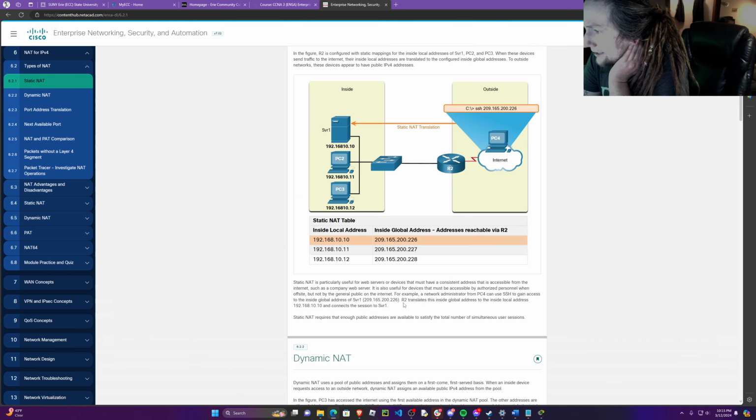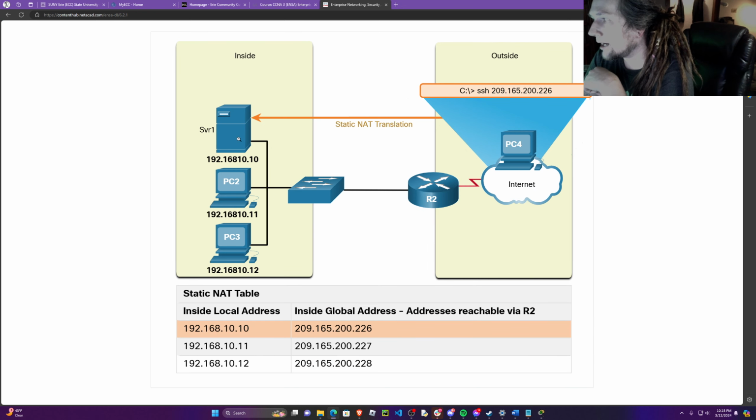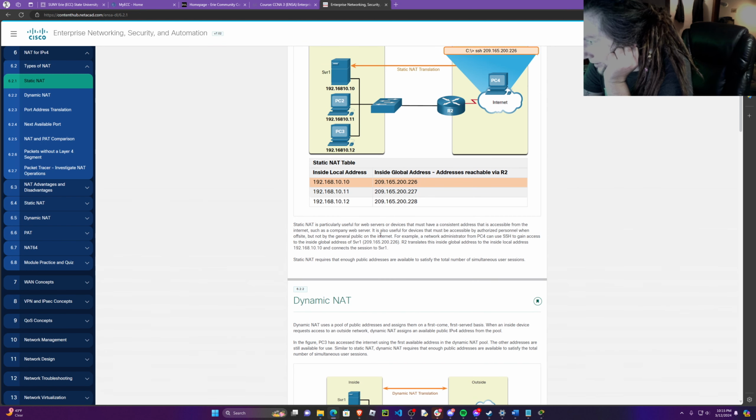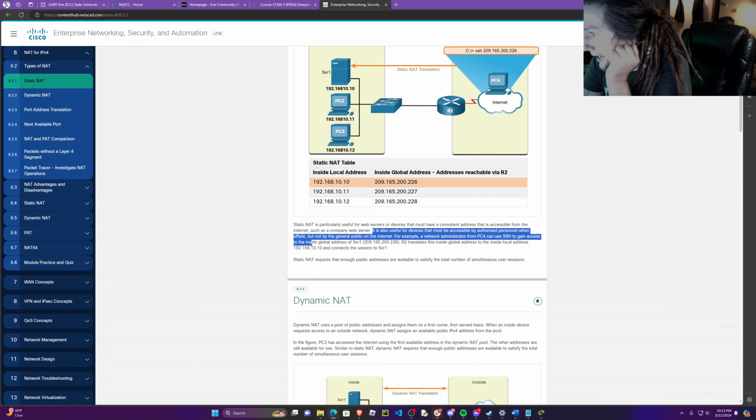So static NAT is particularly useful for web servers or devices that must have a constant address. It's really useful for when something needs to be reached, like a server serving a web page, like in this example, okay? Or using SSH, for example, okay? It's also useful for devices that must be accessible by authorized personnel when off-site, but not by the general public